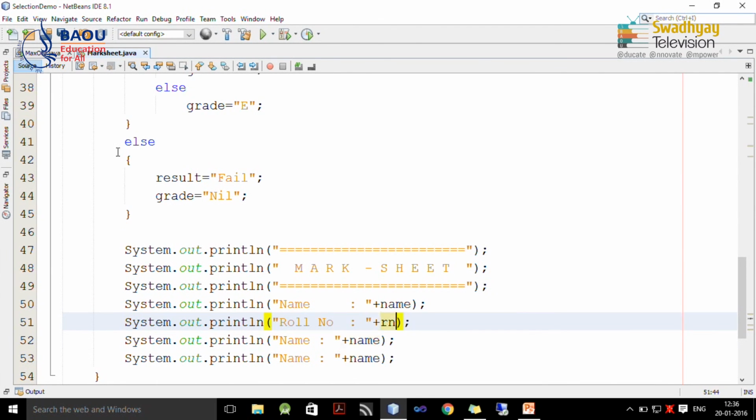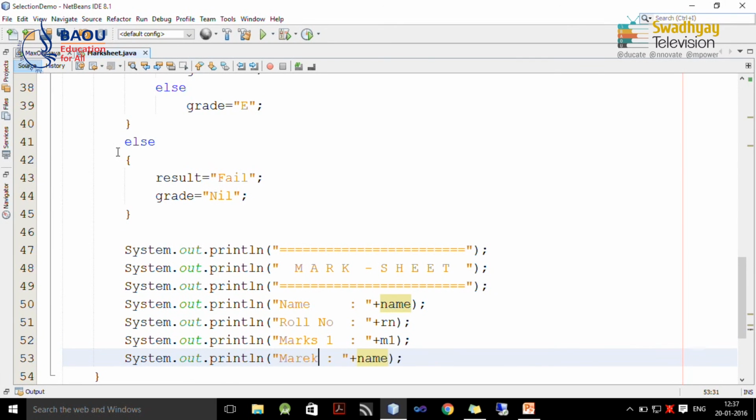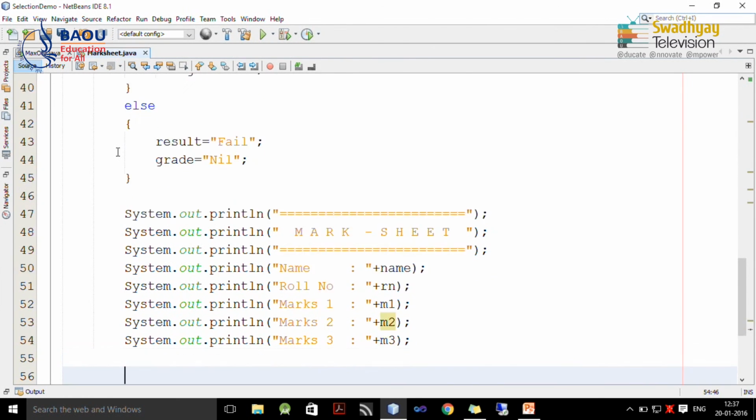So, here I write down Rn. Then we display 3 marks, which is entered by user, and here we display M1, then we display marks 2, then it is M2, and similarly we want to display marks 3, which is M3, and these are the actual values entered by user.